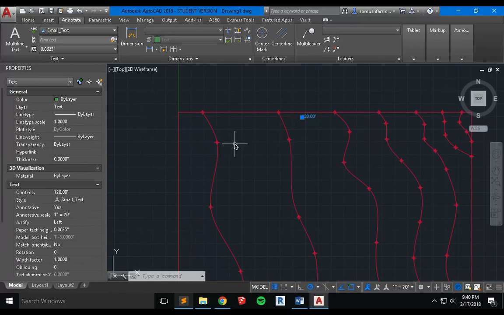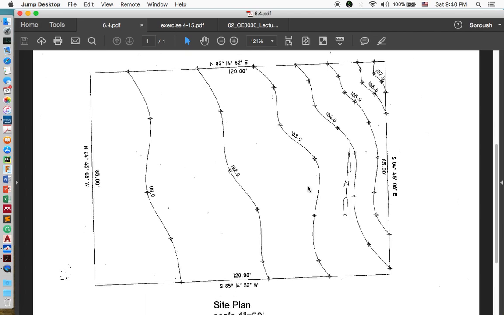So what I want you to do is go ahead and complete the rest of the small text, and add all those texts here. For the text, for example, this 101, what you have to do is that